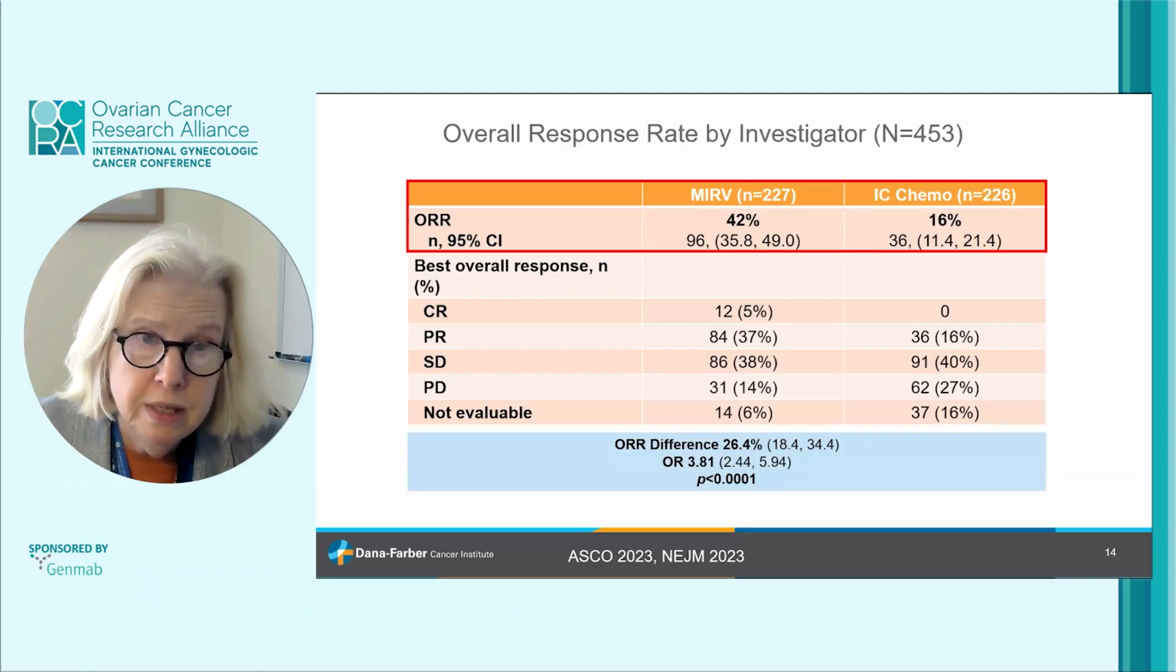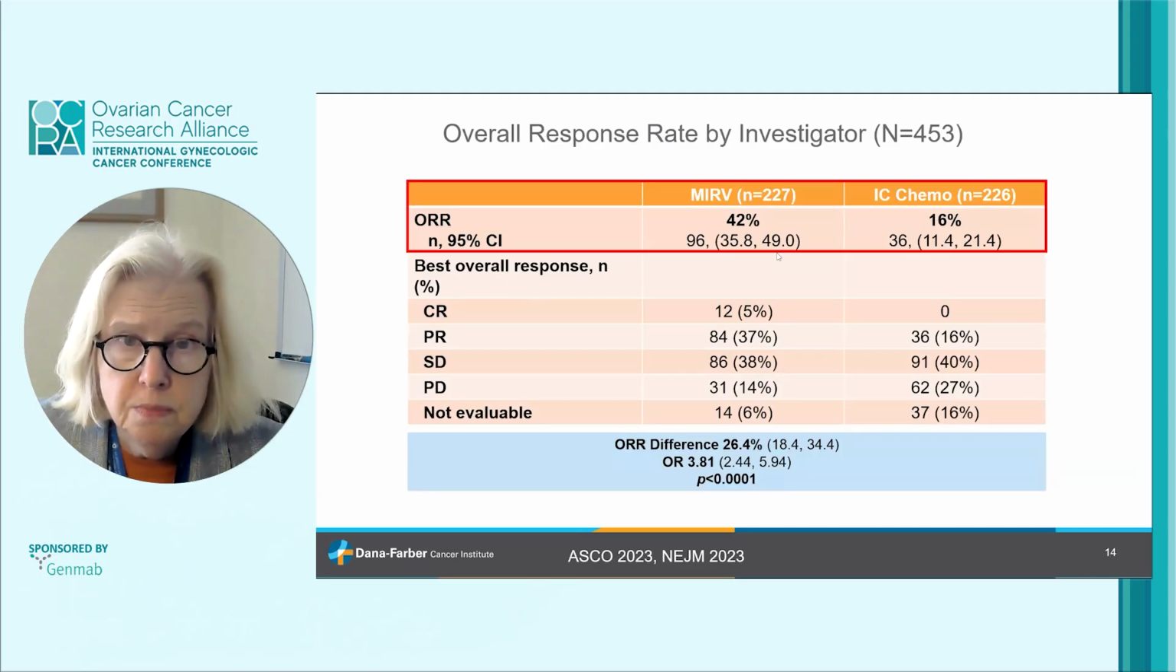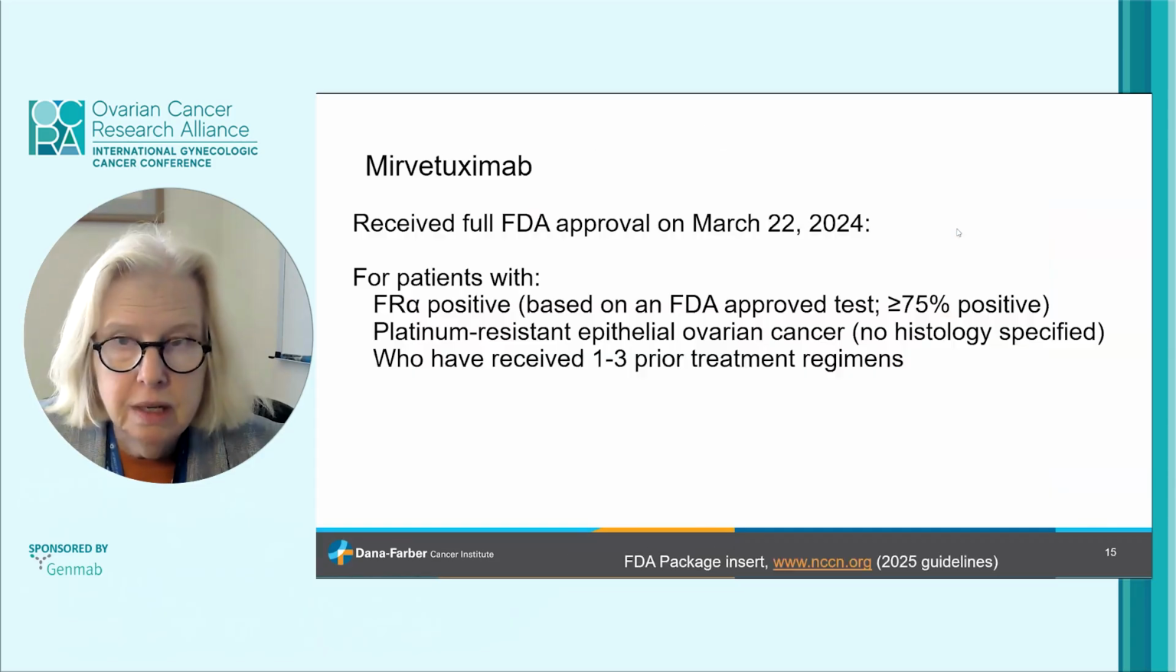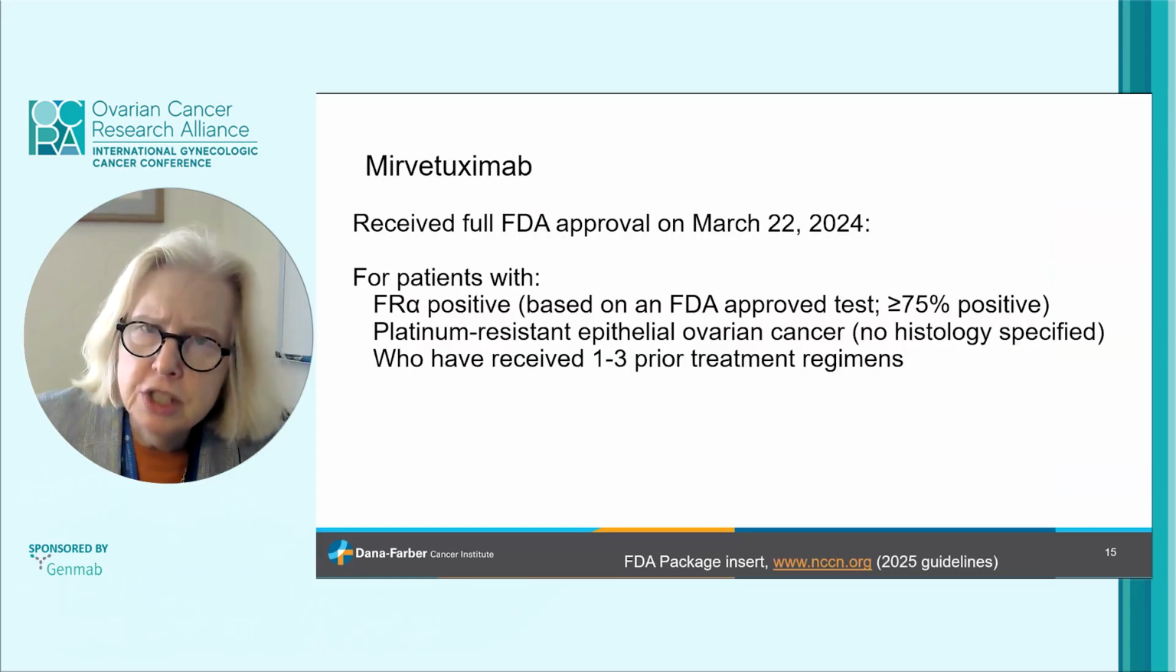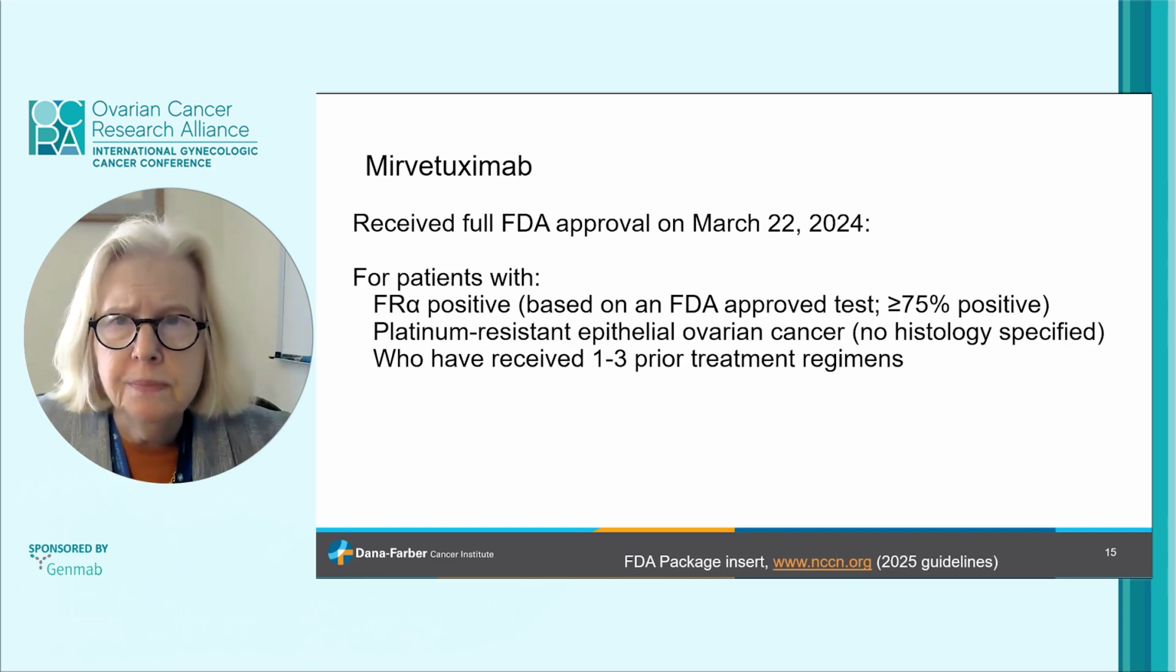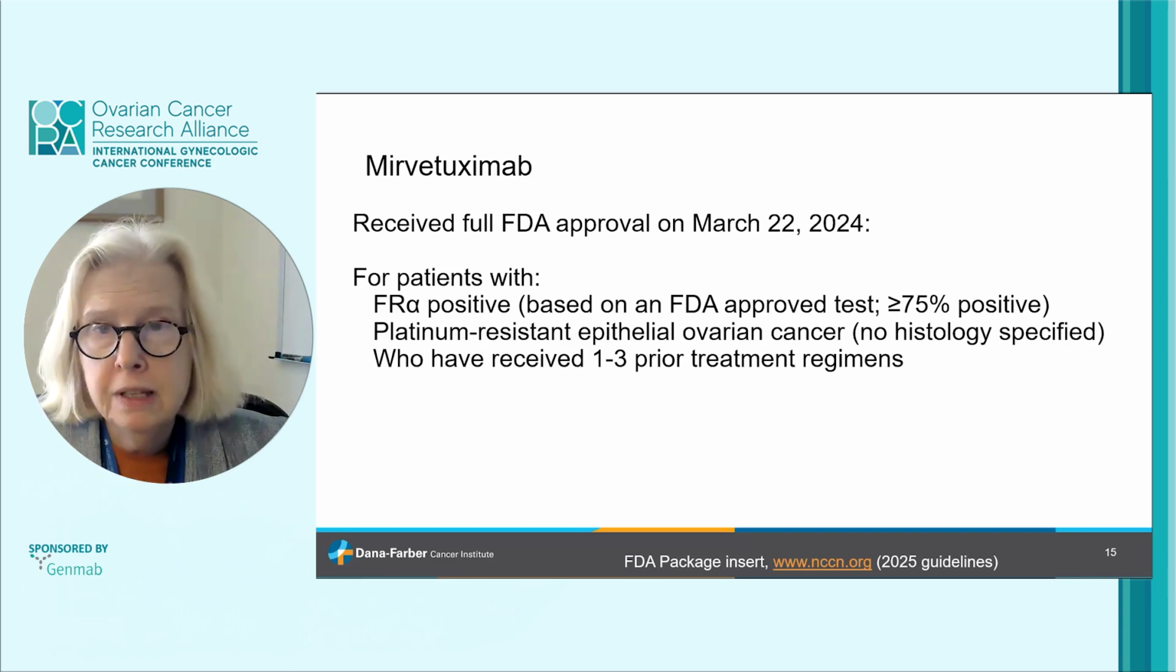This is the overall response rate in the Mirasol study. This is based upon CT scans and measurement scans. Overall response rate: 42% for Mirvetuximab versus 16% for chemotherapy. So a big difference here. Because of that study, Mirasol, published in the New England Journal, this drug received a full FDA approval on